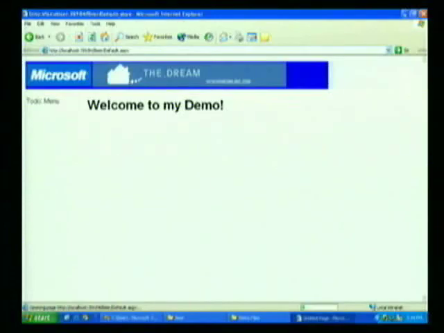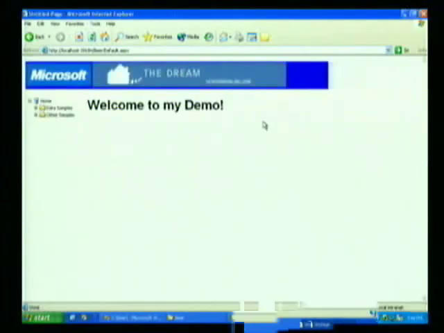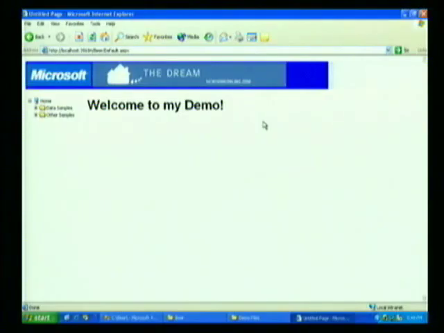If I go ahead now and run this page, you'll see that the tree view has been populated on the left-hand side. It's driven against the site navigation system. If I click on any of these links, we'll navigate onto that particular page on the site. Now, one problem right now with this demo is when I click on data page 2, you'll notice it's going to this data page,